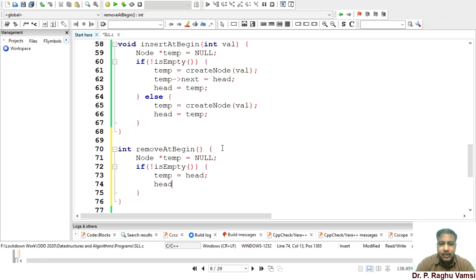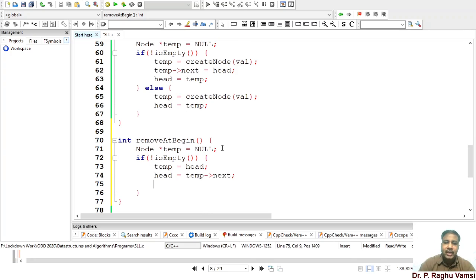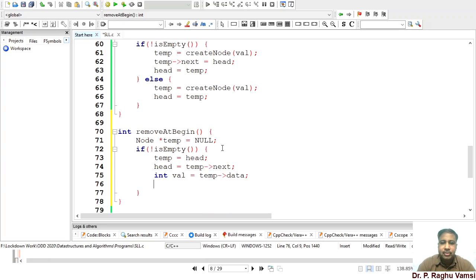Now head is equal to temp next, so the first node's next will become the head node. Now int val is equal to temp data, whatever the temporary data you got. Then free temp, that means the first node that was assigned will be freed.